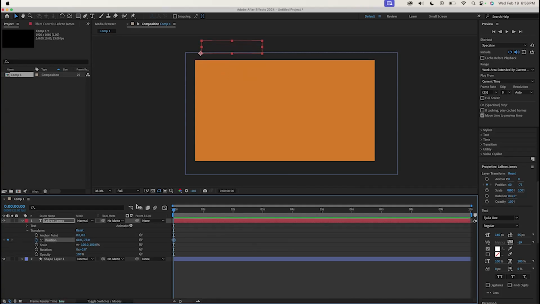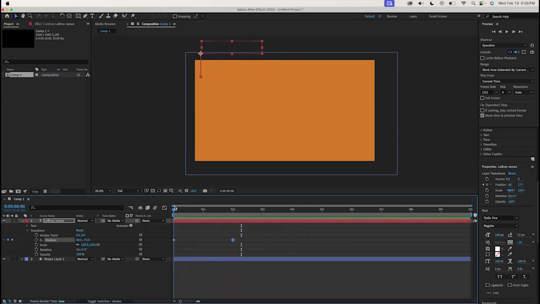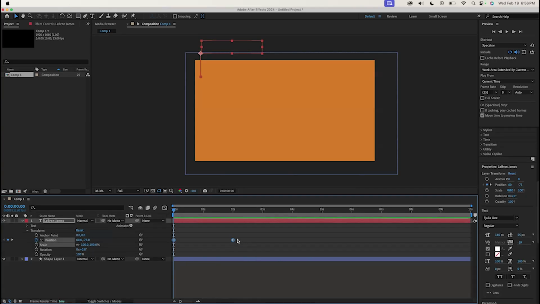and we'll keyframe it at 0 seconds. And we'll go to 2 seconds, and we'll drop it down back to where it was. And like I was saying, it looks a little choppy. Doesn't look too smooth. So what we can do from here is highlight both keyframes,